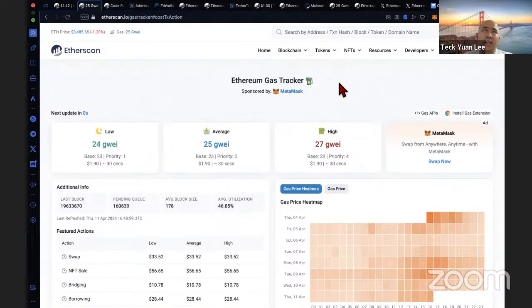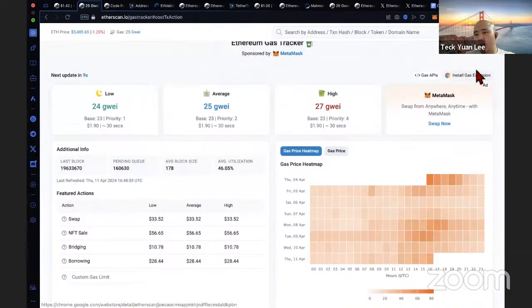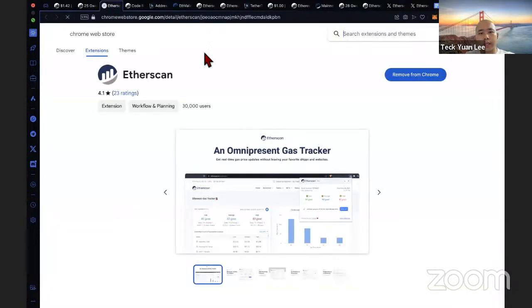That will probably impact my productivity, right? So then we also have this gas extension. If you click on this page right here, you can use our gas extension, which you may not have already noticed,